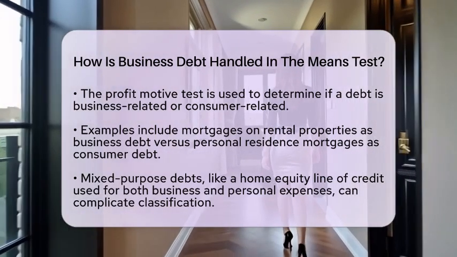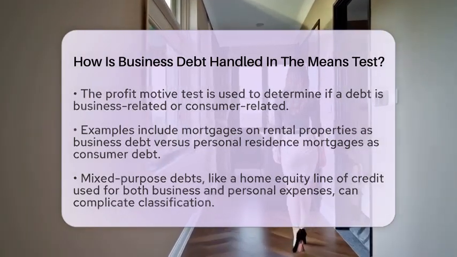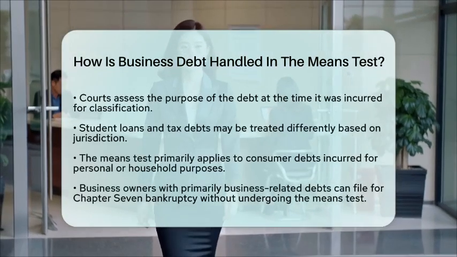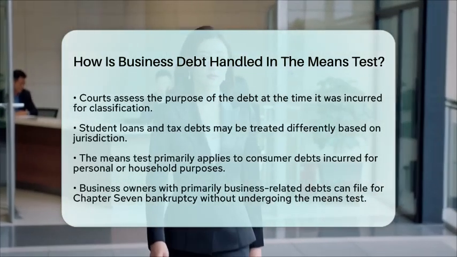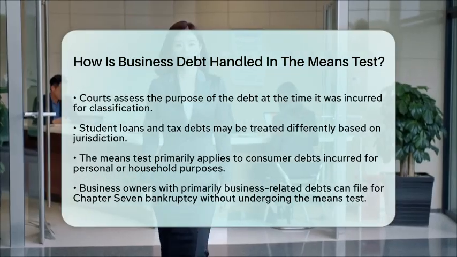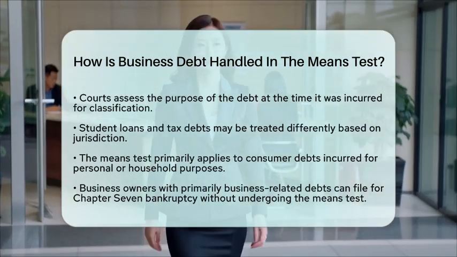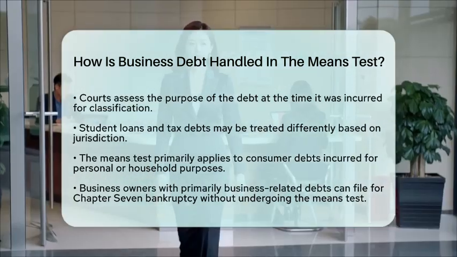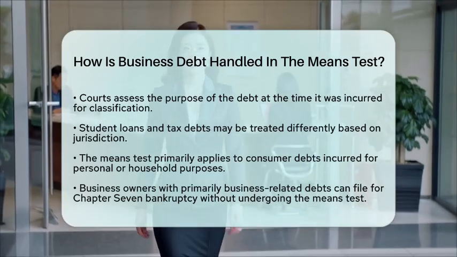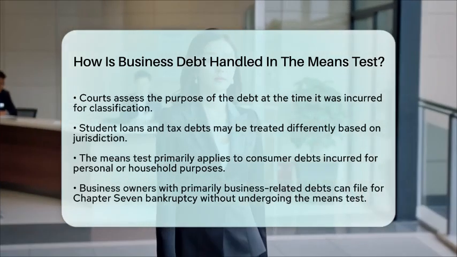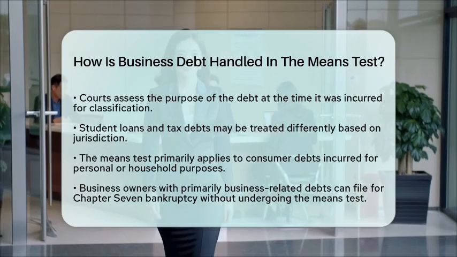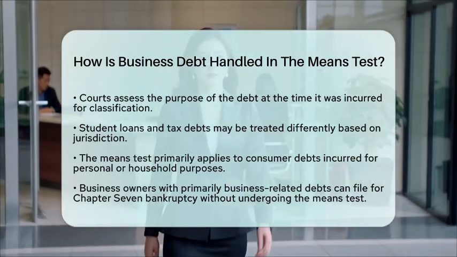In summary, the means test primarily applies to consumer debts, which are debts incurred for personal, family, or household purposes. If over half of a debtor's total debt is business-related, they are exempt from the means test. Business debt is identified using the profit motive test, which focuses on whether the debt was taken on to support